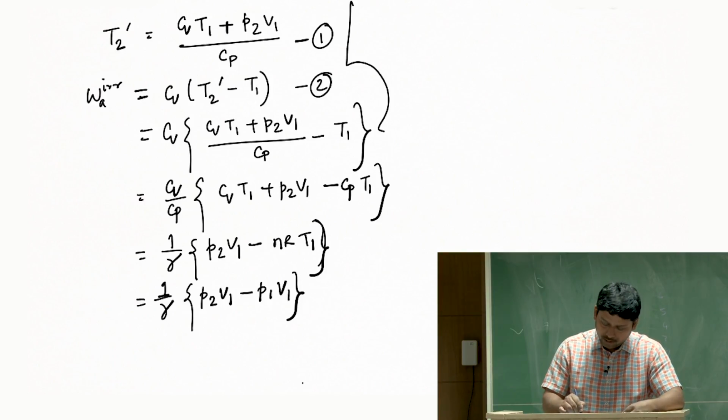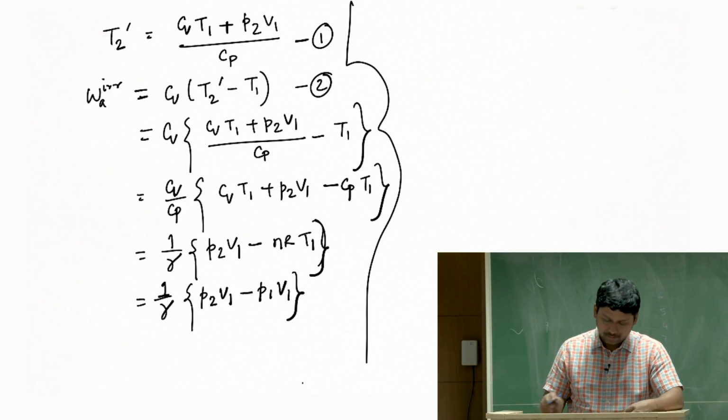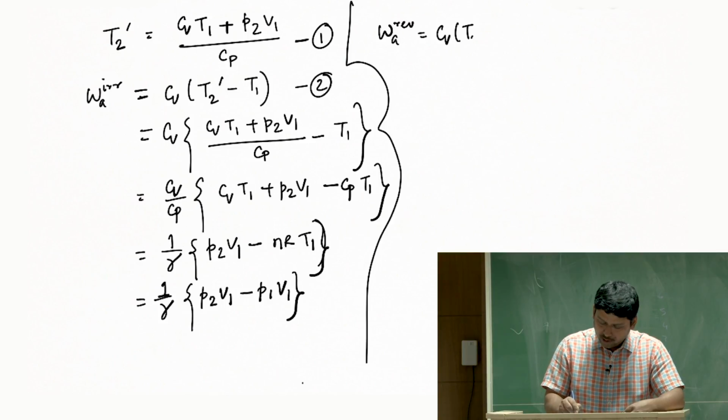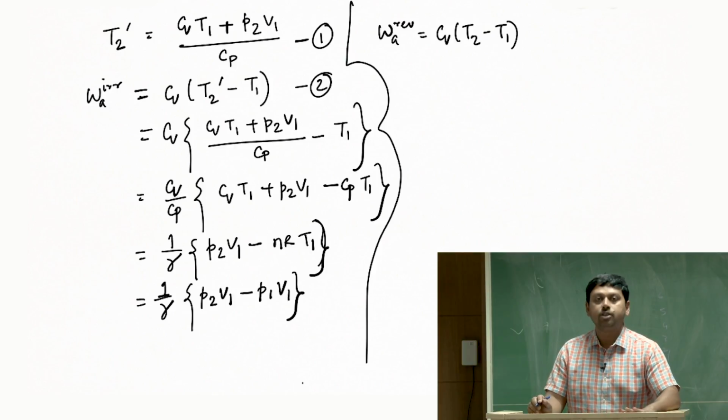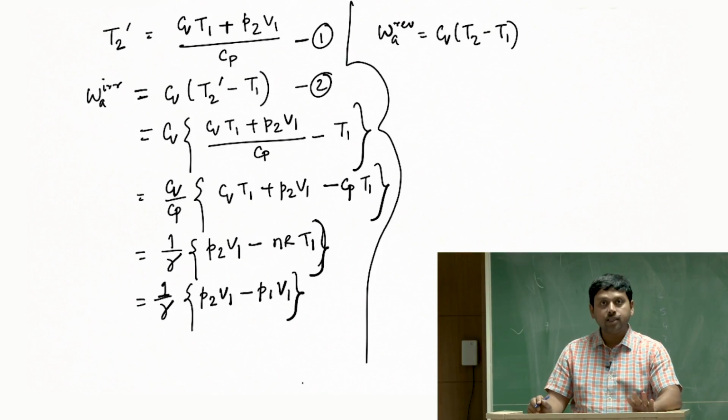Let us compare that with a reversible adiabatic process. So, work done for a reversible adiabatic process is again Cv (T2 minus T1). Remember, the pressure P2 is the same between reversible and irreversible processes. However, the temperature may or may not be different. So, we designated that by T2 for reversible and T2 prime for irreversible processes, and then converted everything in terms